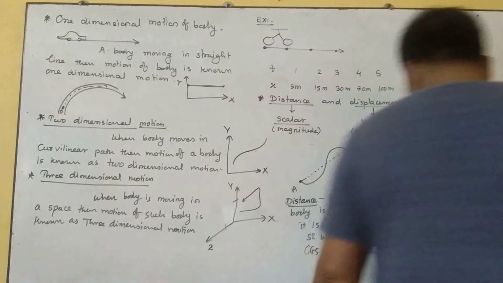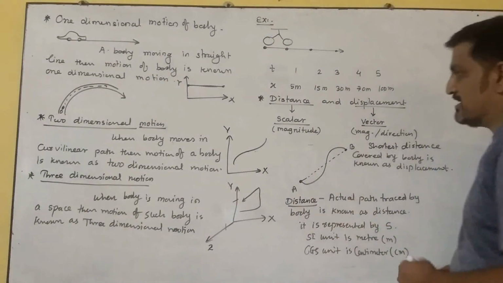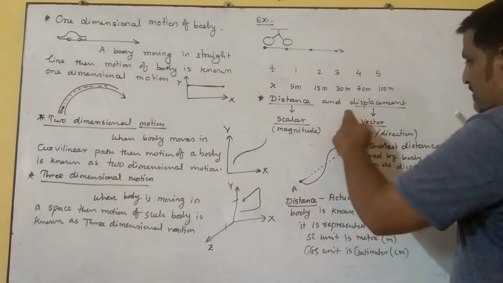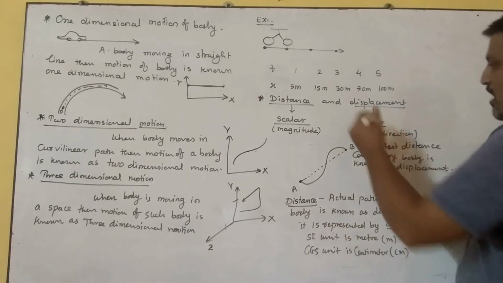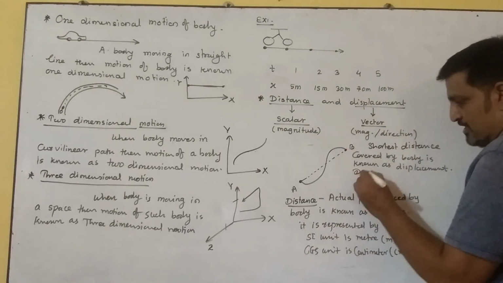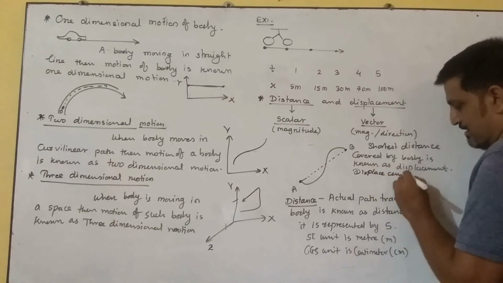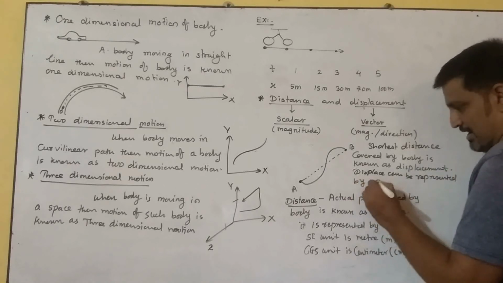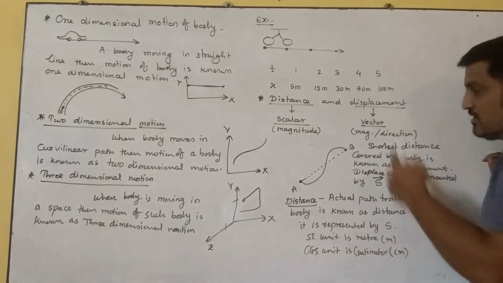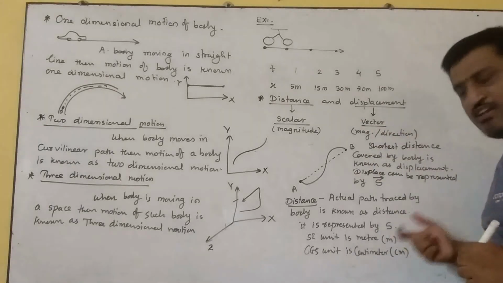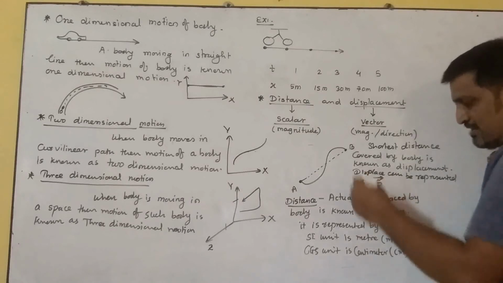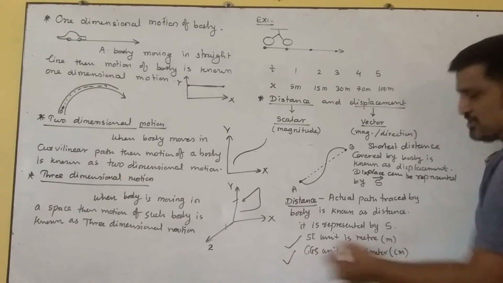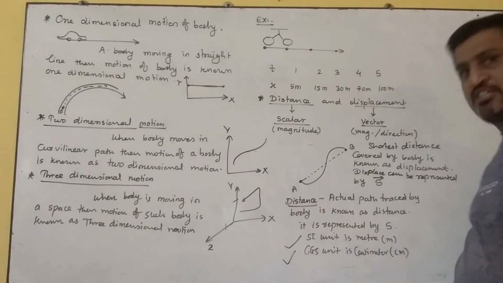I can give a very simple example to explain this distance and the displacement. Let me first explain the displacement. This is the definition that I gave over here. How to represent the displacement? Displacement can be represented by S with an arrow, because it is a vector quantity, it needs a direction. The SI unit of the displacement is also meter, and the CGS unit of the displacement is the same as the distance, which is centimeter, right?